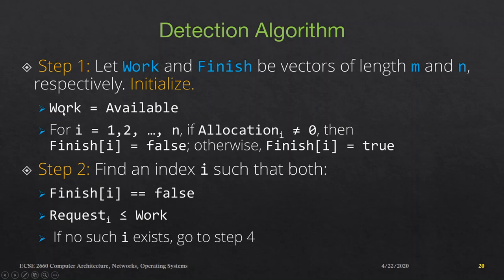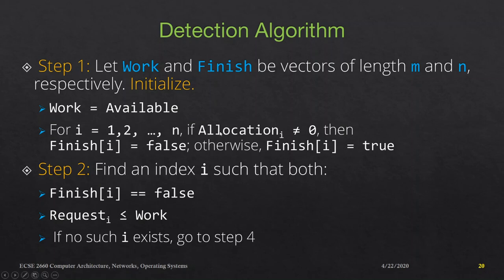We are going to take the work vector and initialize it to be the same value as the available vector. We talked about what that available vector is. It is telling you the number of instances of each resource type that are available. So we are going to say work equals available first. Then we are going to say finish of I, where I is for each process. For each process, we are going to say finish is false